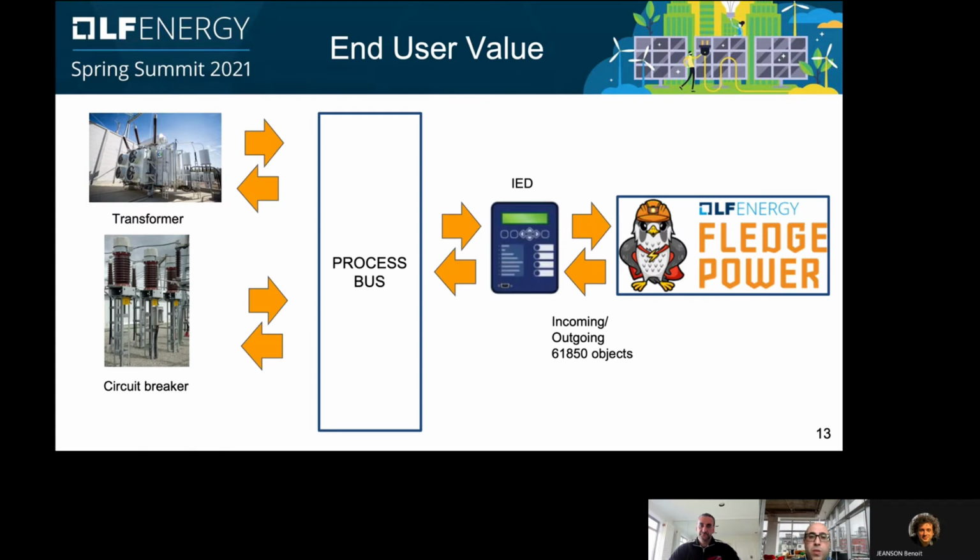And from an end user perspective, this opens the capacity for the operator to control substation equipment behavior using set point values on transformers, for example, but also to act directly on substation topology by opening or closing circuit breakers or isolating switches.